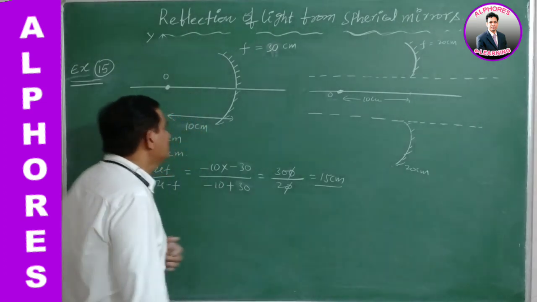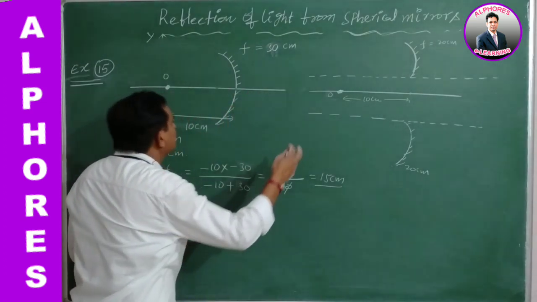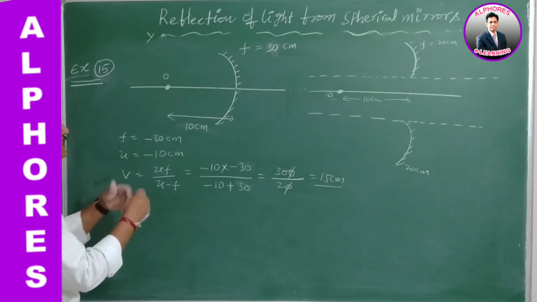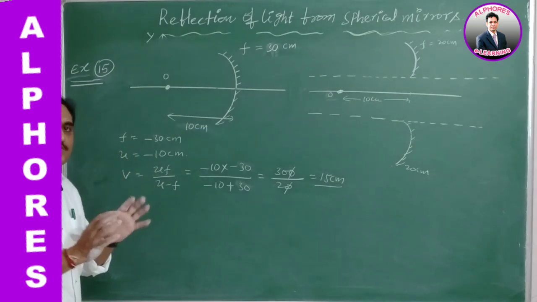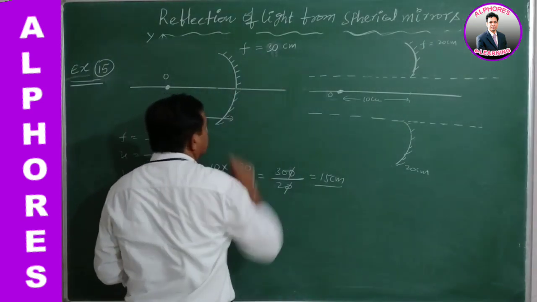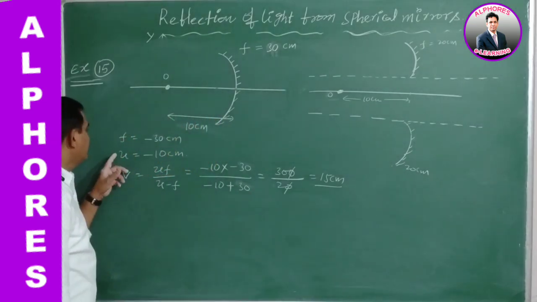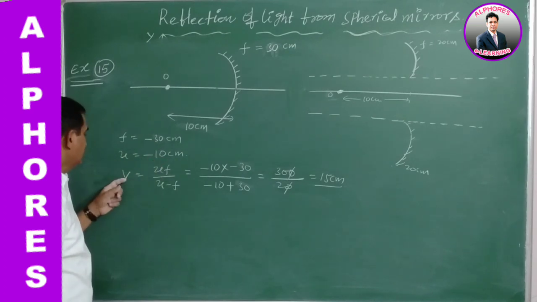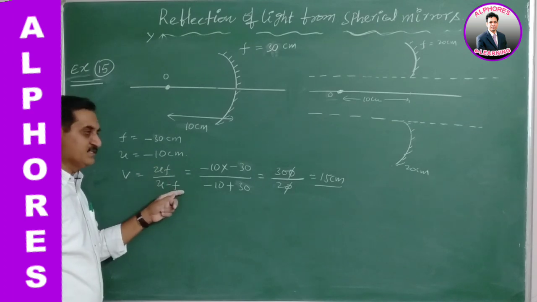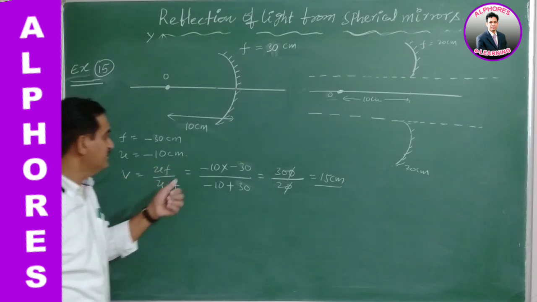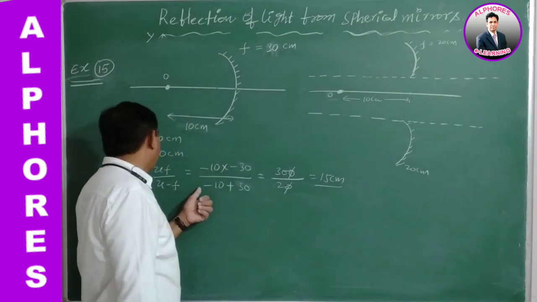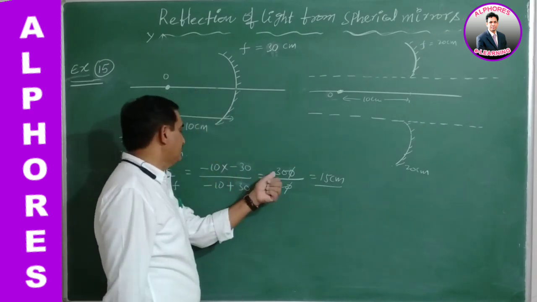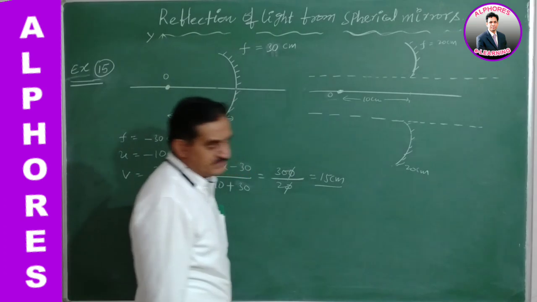But my feeling is, with object distance 10 and image distance 10, you may get some confusion, so I changed it so that the image distance is different from the object distance, and you may understand properly. Okay, for that purpose I have changed this focal length, right? So here once again, focal length is minus 30 centimeters and object distance is minus 10 centimeters. So V is equal to UF by U minus F. So we are going to find the position of the image. Minus 10 into minus 30 by minus 10 plus 30. Therefore, it is giving 300 by 20, which is 15 centimeters.